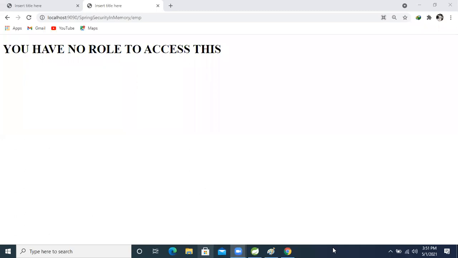Tomorrow I'm going to implement database authentication. That is the real-time one, but this concept only will be there. We will use some interfaces to interact directly; our username, password and role we will take from the database and test it. So do the practical on this one.